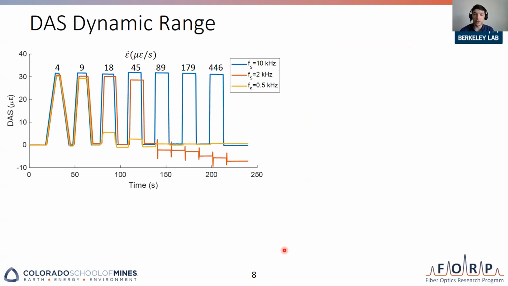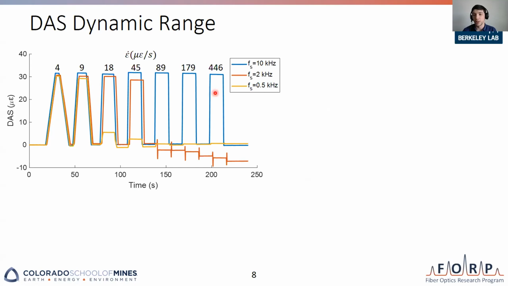So what we're doing here, we apply the same amount of strain. It's about 30 microstrains that we recorded with DAS, and we apply it with different strain rates. So initially we strain it very slowly. After that, we start to strain it very fast. So the strain rates vary from 4 to almost 500 microstrains per second. And we're recording the same